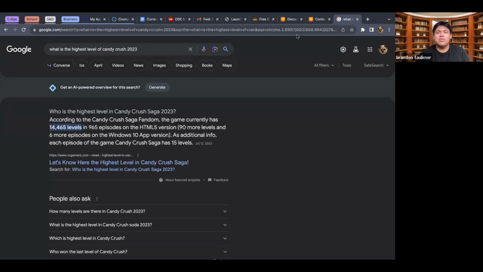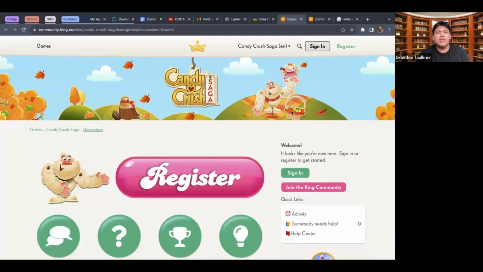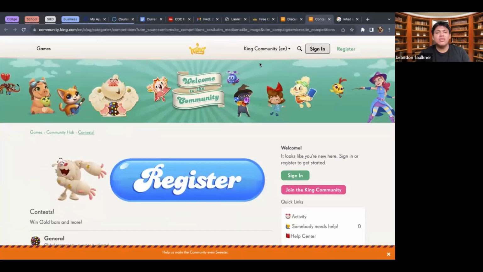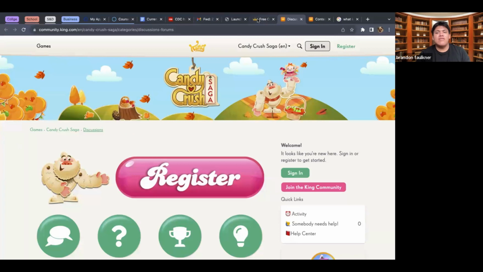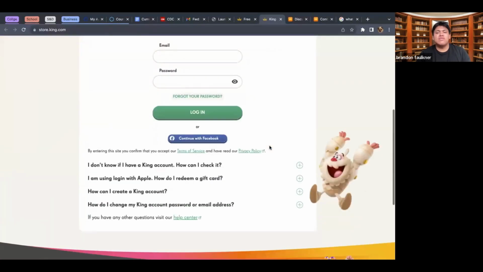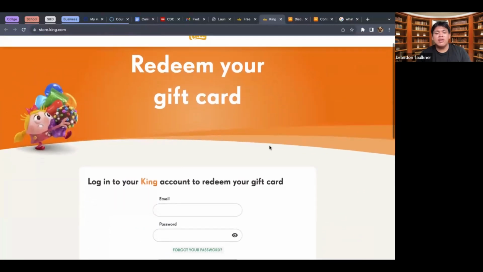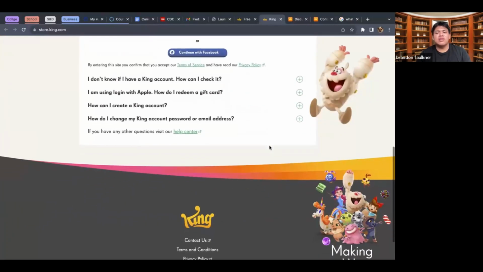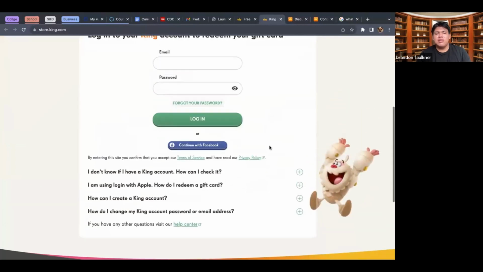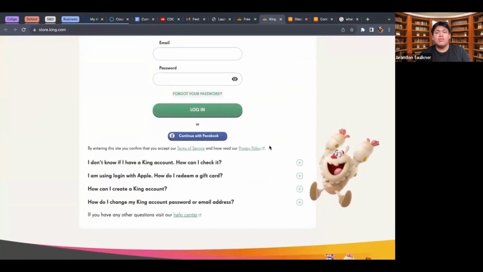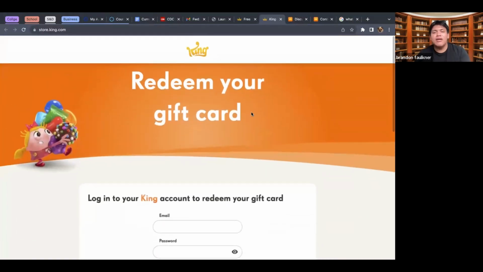And also with the game, there are different power-ups that you can buy. There are different things that you can do within the game to advance your way through and make the game a little bit easier for you. So if you're trying to redeem a gift card, there are many different ways that you can redeem a gift card. It's currently not showing me it, but you can claim gift cards to get those power-ups and those things within the game in order for you to level up even higher.